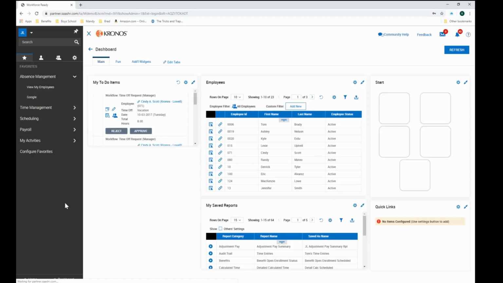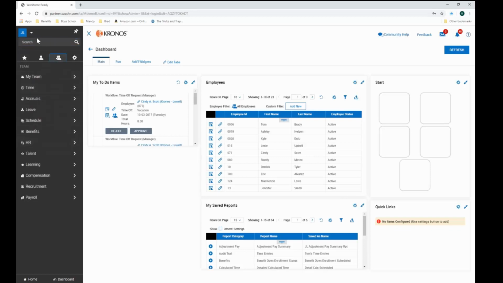I promised you a couple shortcuts, and I don't want to leave you without them before we jump back over and get back into the presentation a little bit. A couple shortcuts that I like to show people, especially our administrators that are in the system on a regular basis, and they're looking for ways to do things a little bit quicker, and maybe even navigating and finding things under my team and so on and so forth. If you use the pound symbol, or the hashtag symbol, depending what you're more comfortable with, and I start to type the name of somebody that might be on my team, or that might be in the system for me to be able to look at,